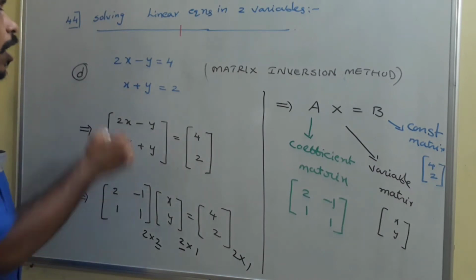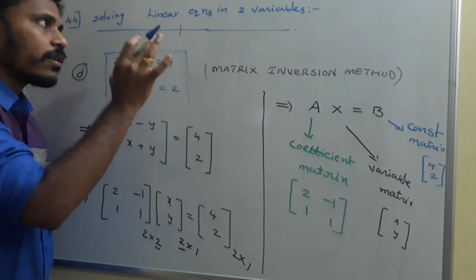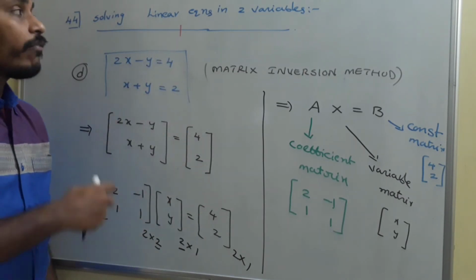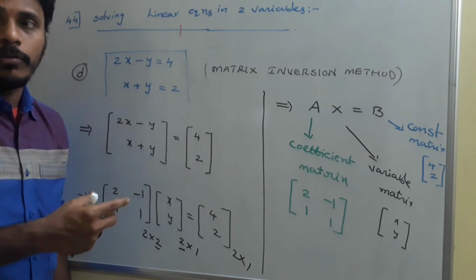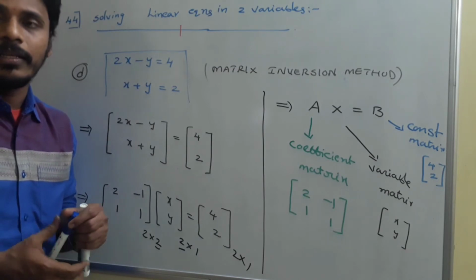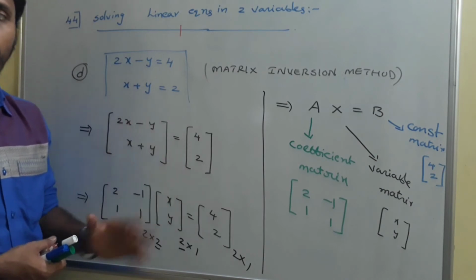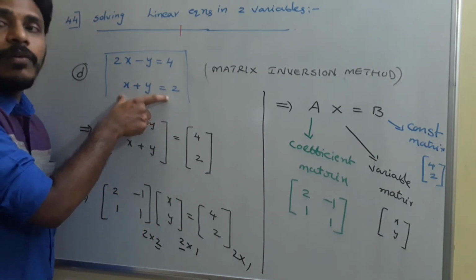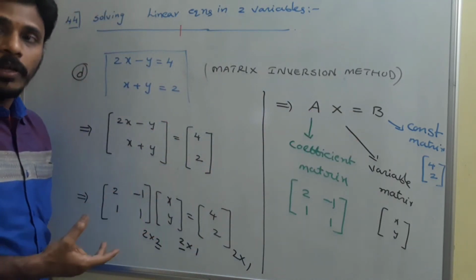So at the end, after having a pair of linear equations in two variables, here we are discussing two variables, and in the next point, maybe in 45, we need to extend this idea to linear equations in three variables. Just to analyze the concept of linear equations in three variables very easily, first of all we are discussing everything for linear equations in two variables. So for a given pair of linear equations in two variables, easily we will write its matrix form like this: AX is equal to B. You just try to memorize the way.